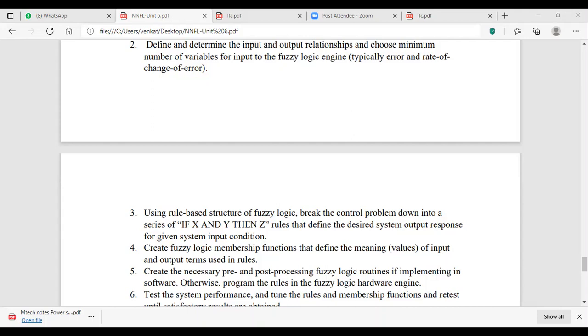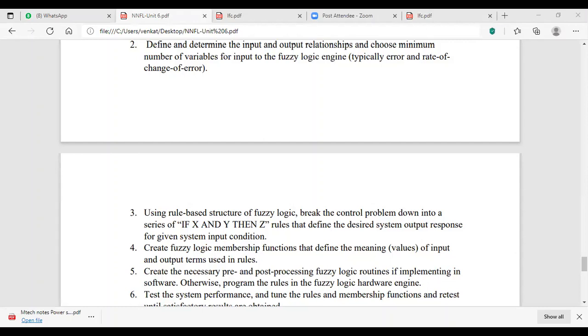So once the rules are processed, the output is defuzzified. That is, the output of your fuzzy inference mechanism is converted into crisp values. So the crisp values will be your controlled crisp output to your plant,